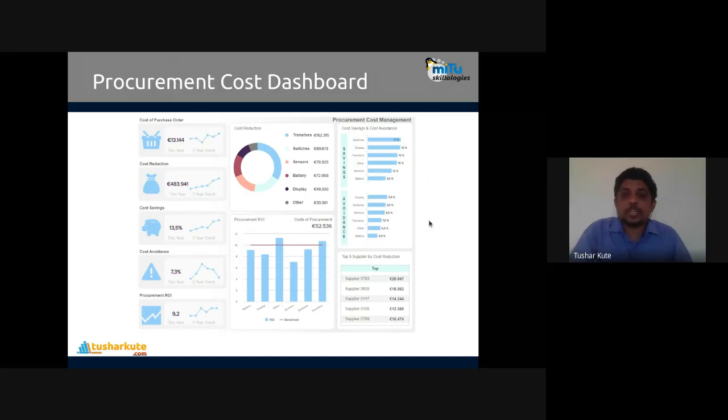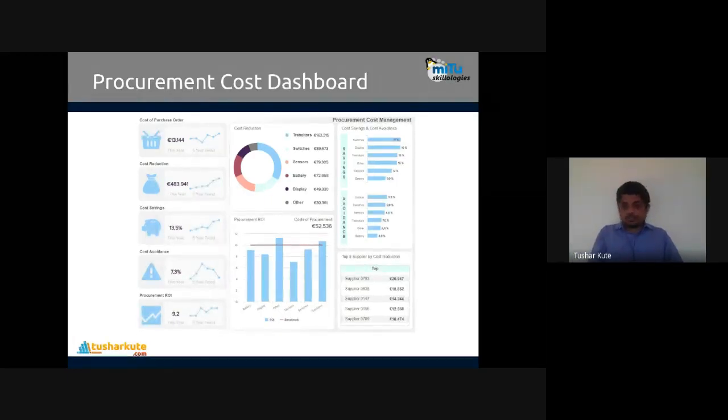Here procurement cost management is shown again by saving and by avoidance. So what saving we got and what avoidance we got is present. And the top 5 suppliers by cost reduction are shown. Which supplier has the highest amount of cost reduction? Supplier number 793 is first, then supplier 632, then supplier 147, then 156, and 789 is the last one.